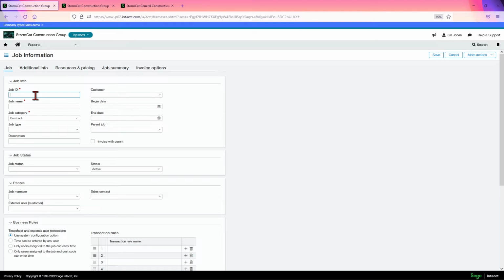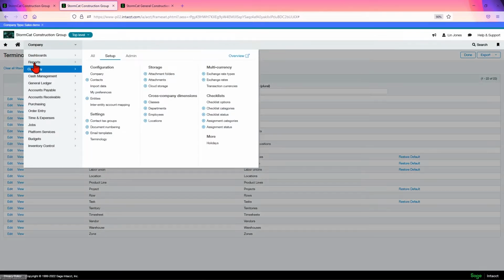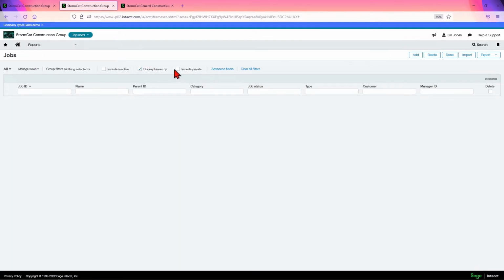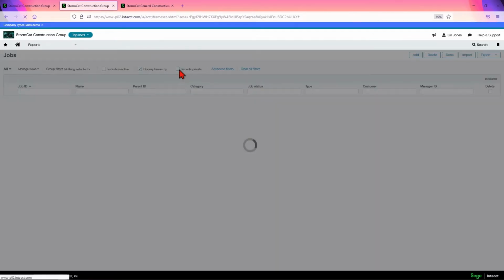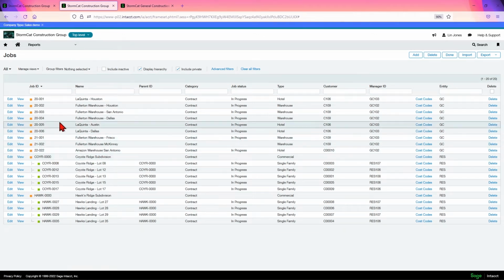You can also have an auto number. In most cases, many people don't do that, just because if we look at it, you may not want to number it in a certain sequence.